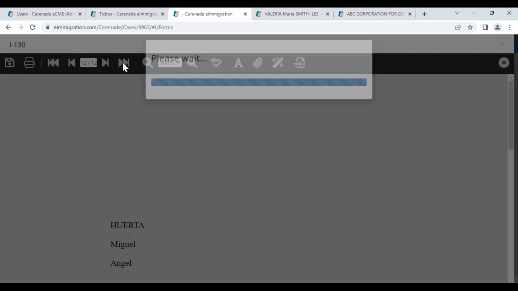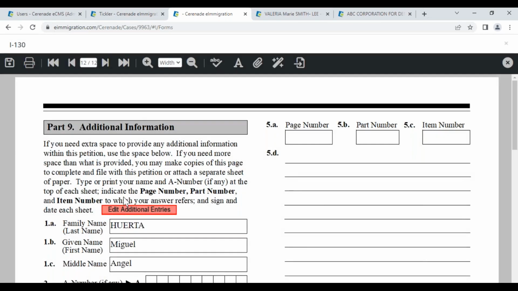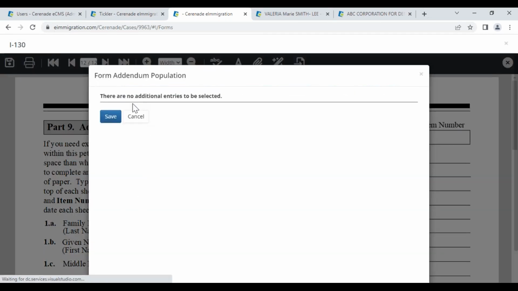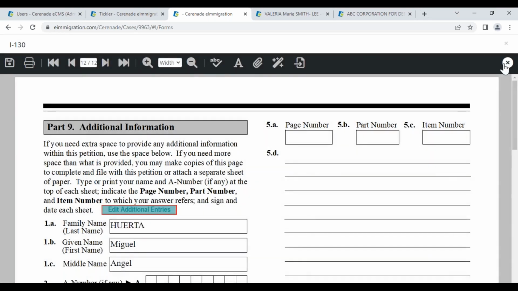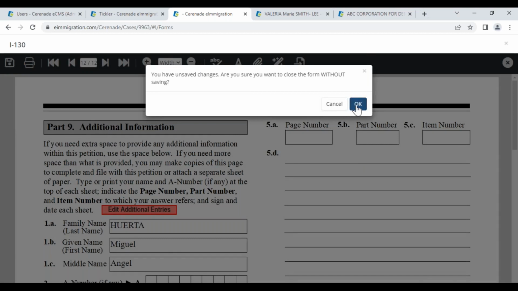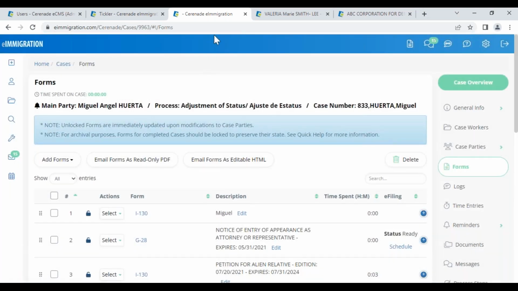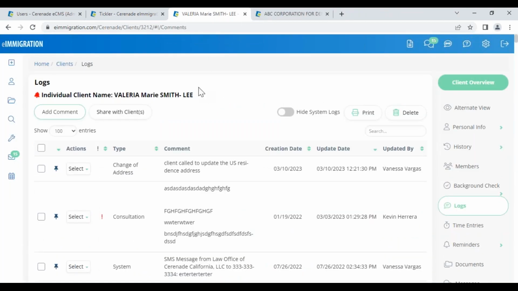I go all the way to the very last page. You click edit, and then it's going to show you if there were any additional entries. This one doesn't have any because it's a new client and I don't really have information, but that's how it works. You click on edit additional entries. Let me see if I can show you on a different